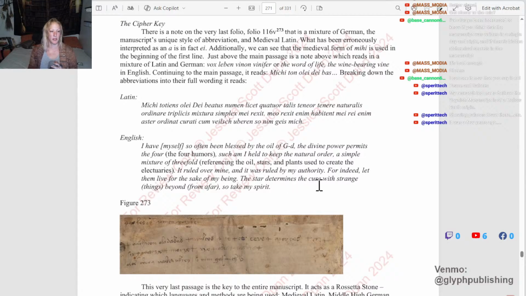So he says, I have myself so often been blessed by the oil of God. The divine power permits the four. And so he's referencing the four humors. Such am I held to keep the natural order, a simple mixture of threefold. The threefold meaning the oil, the stars, and the plants, used to create electuaries. Because in medieval times, your medicine was an electuary, which usually used honey, but he uses oil. I'm sure he probably puts honey in there too, because he makes reference to